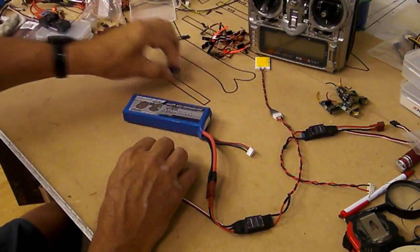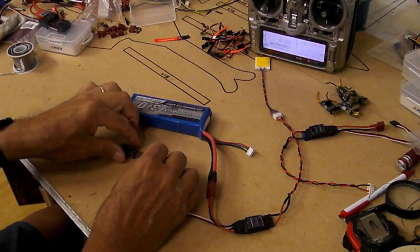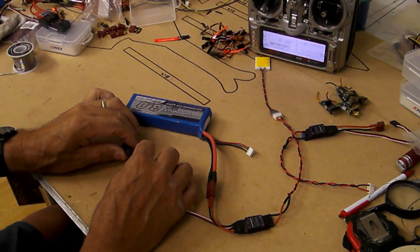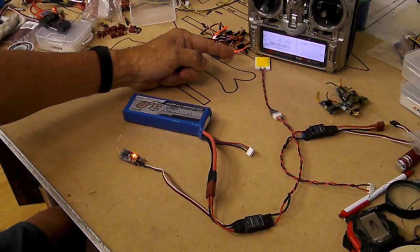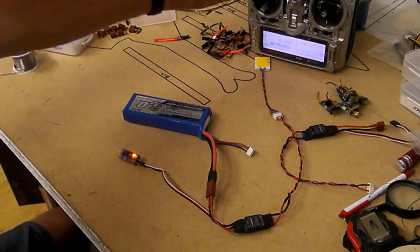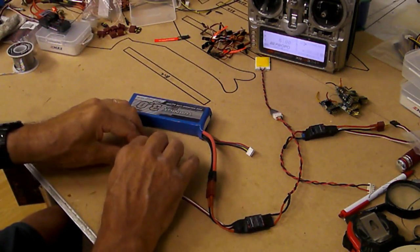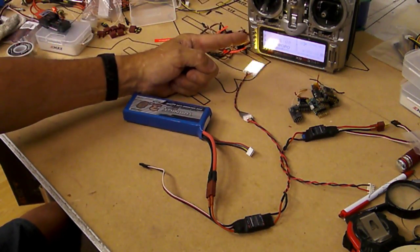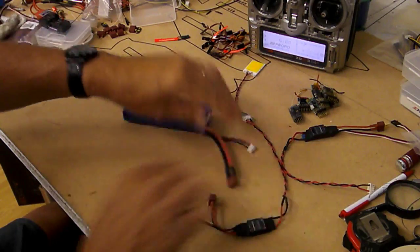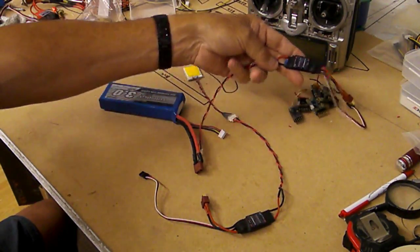And the number 7 receiver, I'm going to turn on the transmitter, plug into the throttle channel. That light's going to quit blinking. Now it's connected. Light on. Light off. So there's how you bind 7 receivers to one transmitter and have it so that you can operate 7 different lights. And I'm using a brush speed controller